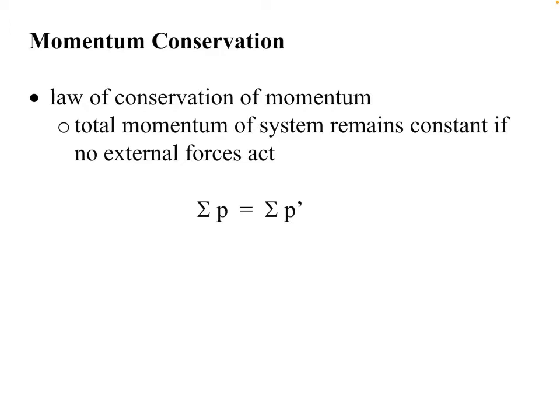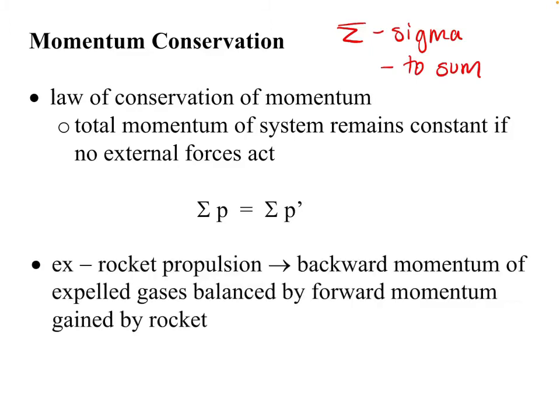We take all our momentums at one point and sum them for however many objects we have in the system, and then the momentum afterwards and sum those, and it should be equal, of course. So that's what the sigma means. Remember, if you forgot from Physics 20, sigma means to sum, or the summation. So basically the sum of all the momentums P at one point is equal to the sum of all the momentums P prime at one other point.